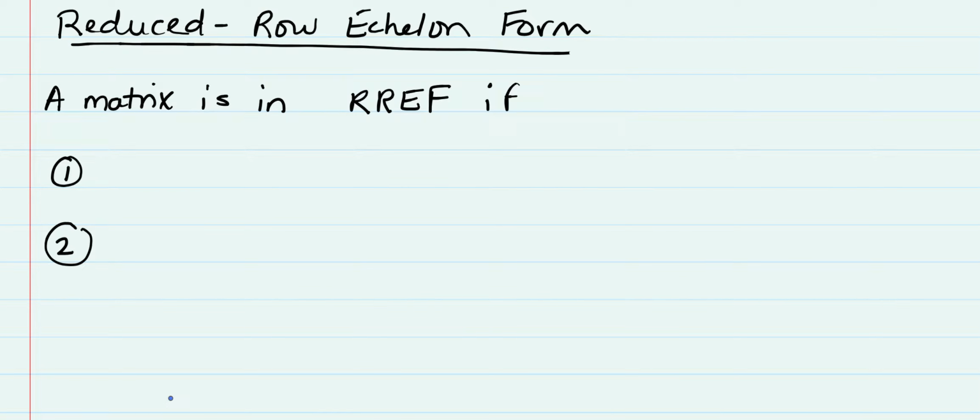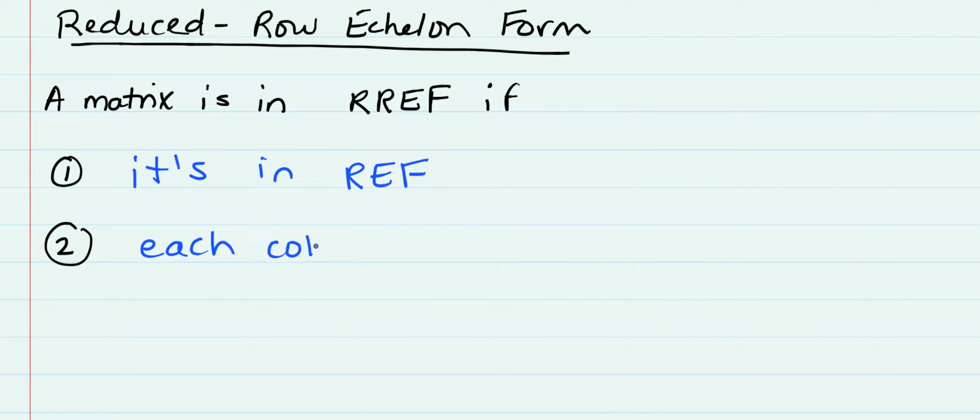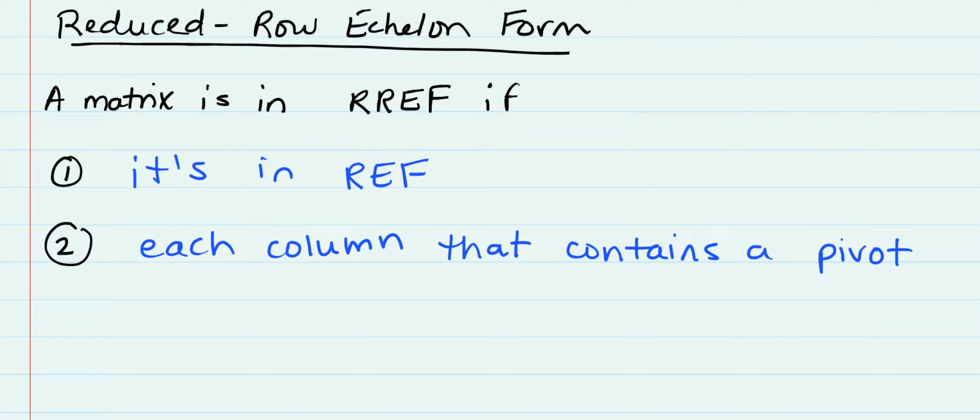So number 1, a matrix is in reduced row echelon form if it's in row echelon form and each column that contains a pivot, this is a new word here, but that just means the leading coefficient,